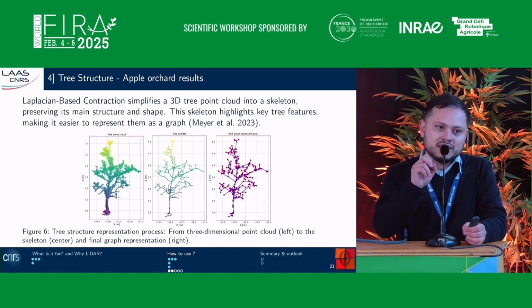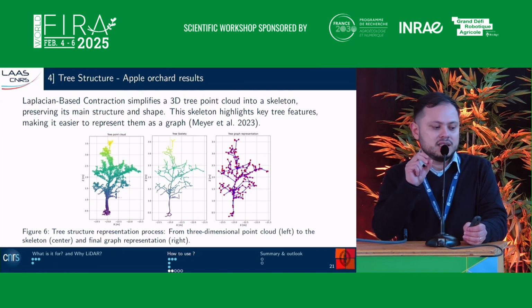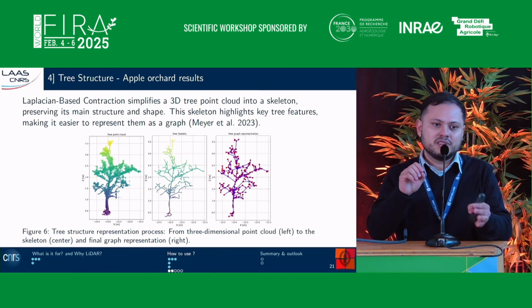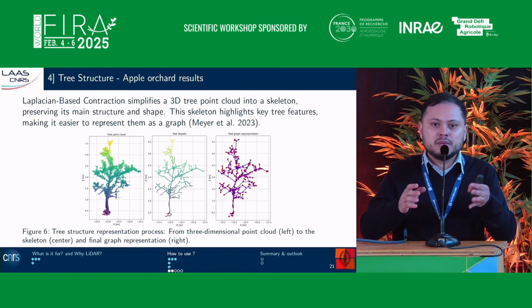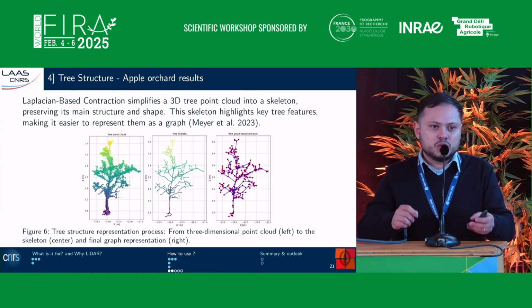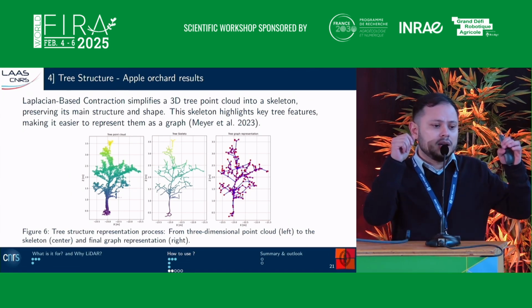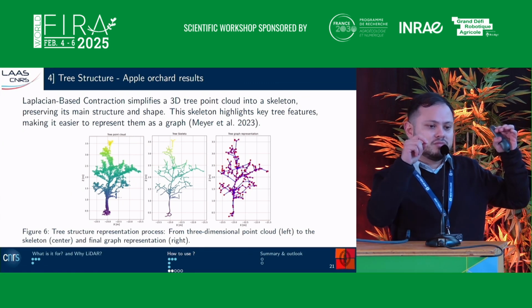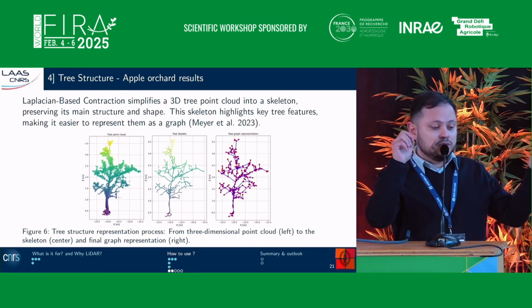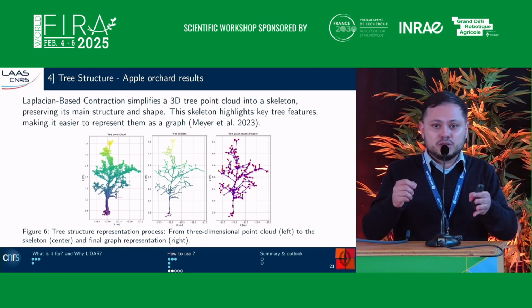And then we can have a second representation, which is a graph representation. You can see in blue some segments, and in red points, the bifurcations or nodes. So we have information about the structure and the main branches of every tree that we have in our orchard. Then we reduce our first point cloud from thousands of points to just hundreds of points, which is easier to process